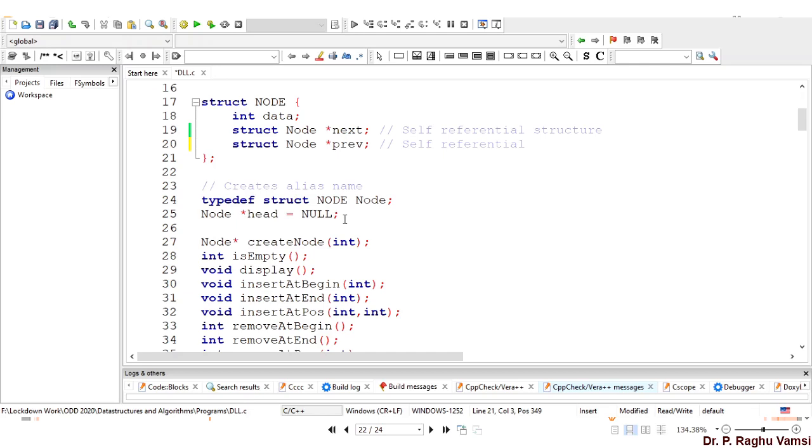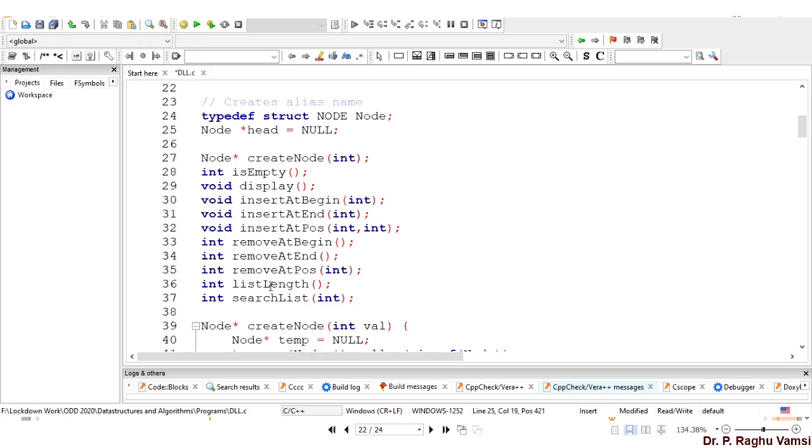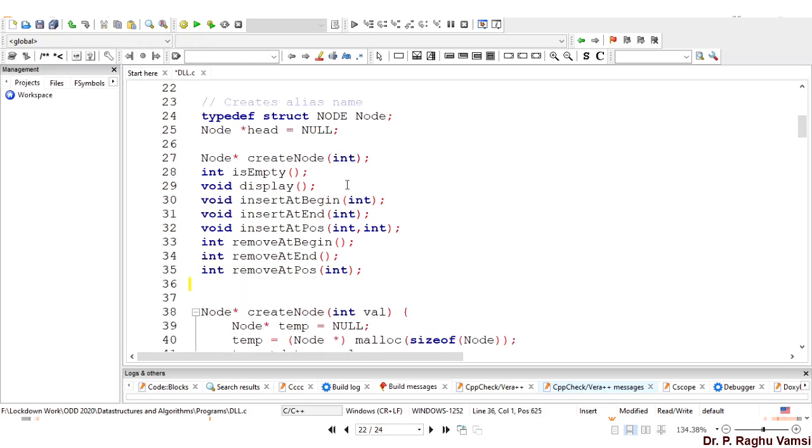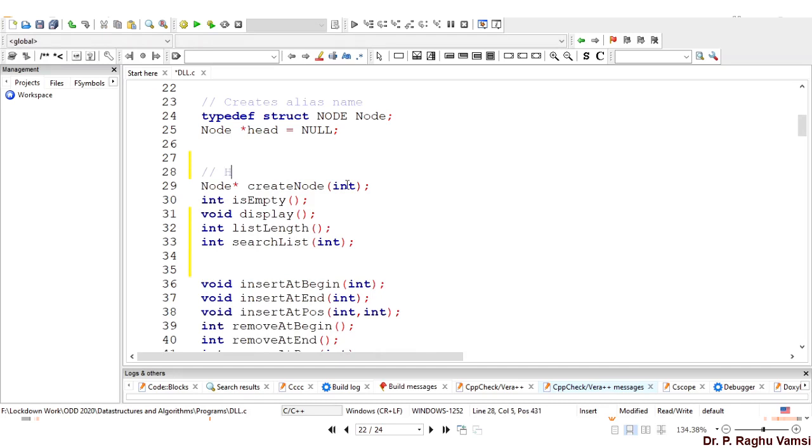This is by default what we require. Here also we have helper functions: creating node, is empty, display, list length, search list. These are the helper functions. Next are the regular functions, the main operations.